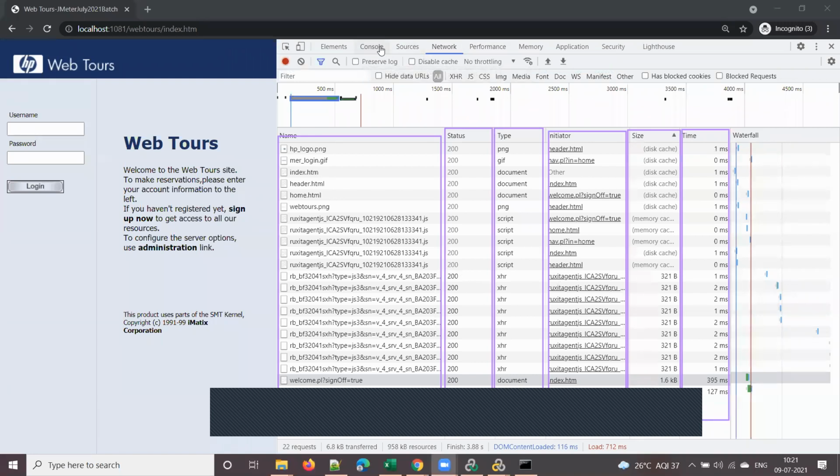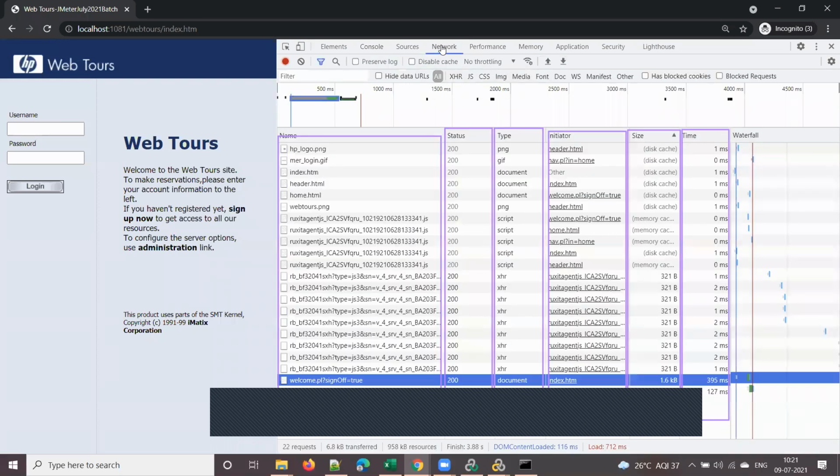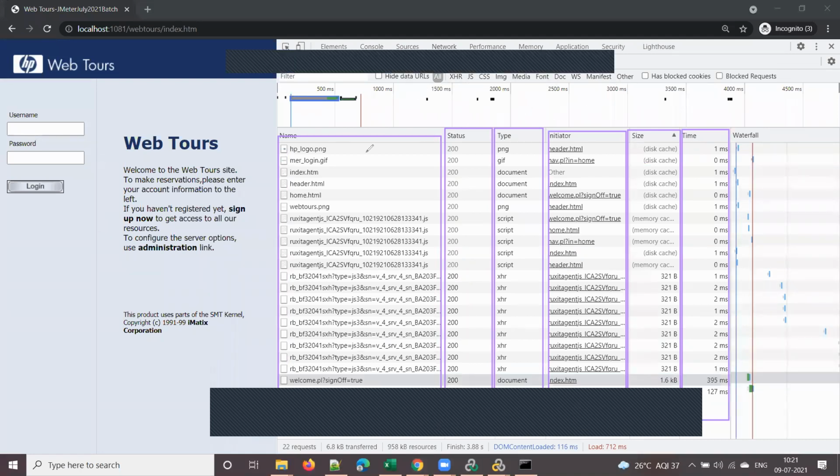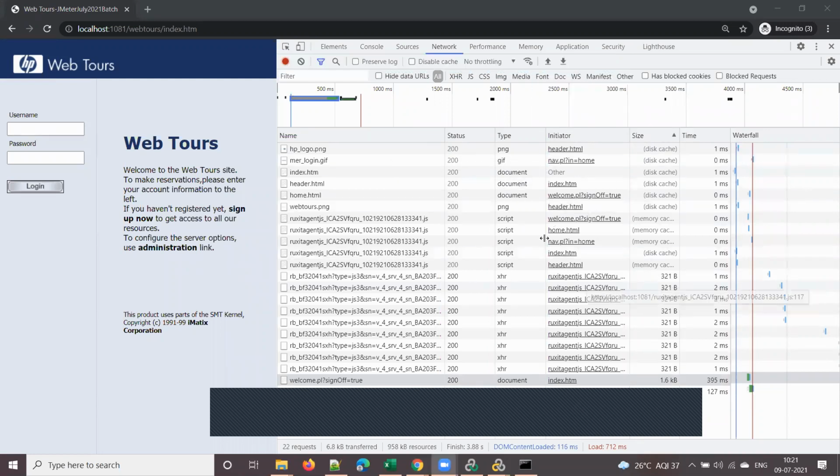There are a few more tabs that we use. We use the console tab also, but when we discuss that, I will explain where we use it. But generally, this tab is important for us as a test engineer. This is important for performance test engineers, or even manual testers also. Developer tools is important for everyone, be it a developer or a software test engineer. So you need to understand these developer tools.